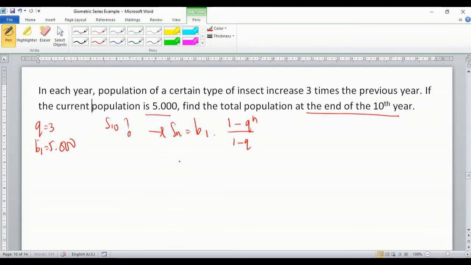Because they are asking S10, S10 equals B1 times 1 minus 3 to the power 10 over 1 minus 3. S10 equals B1 is 5,000 times 1 minus 3 is minus 2. 1 minus 3 to the power 10 is